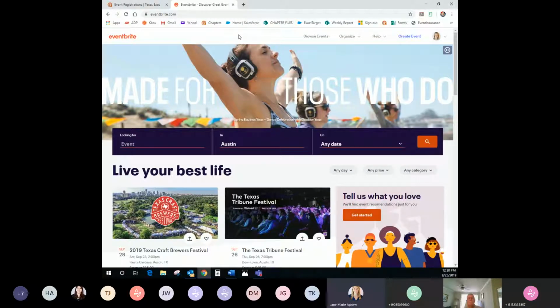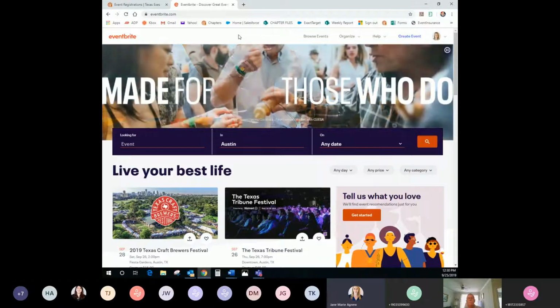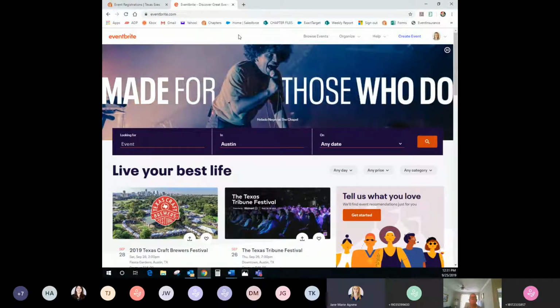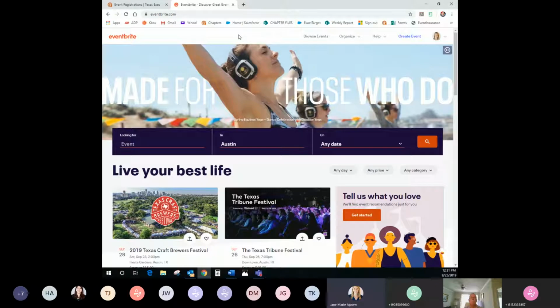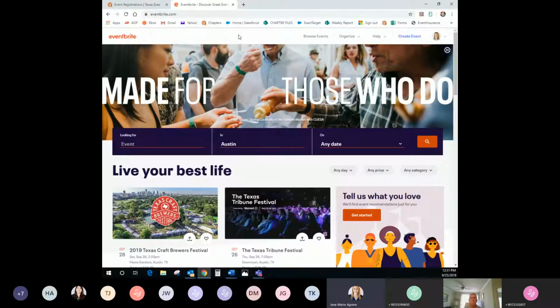Okay, moving on to Eventbrite. Again, with Eventbrite, we have it in mind set up for you to use for free events. There are a lot of options for ticketed events as well, and you can use it for that purpose. Some chapters and networks may already have an Eventbrite account, but we have set up separate Eventbrite accounts for all chapters and networks with the chapter or network email. So that would be, for example, the Austin chapter at texasexes.org email. So every chapter network has one of those, and that's what we've used to set up your account,